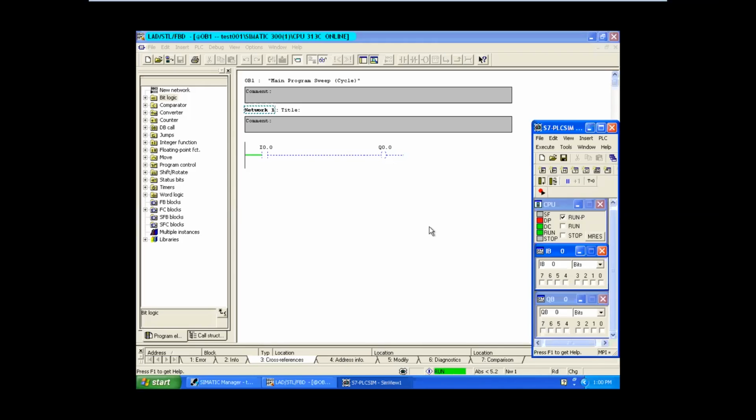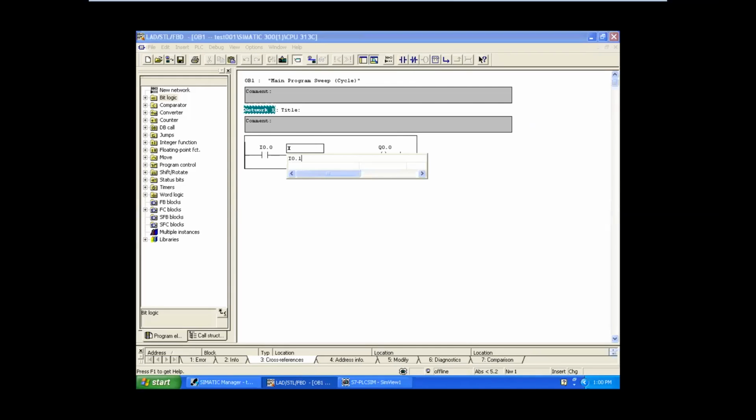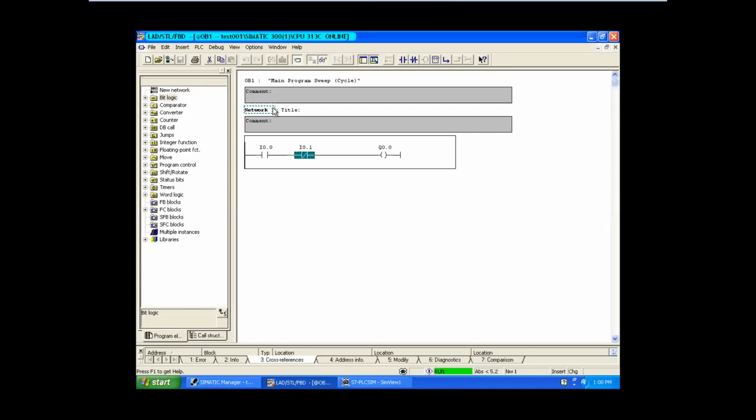So what can we do? We need to check it out. For example, imagine you want to turn a motor on and off using switches. We use one switch to turn on and another switch to turn off, like a start switch and a stop switch.